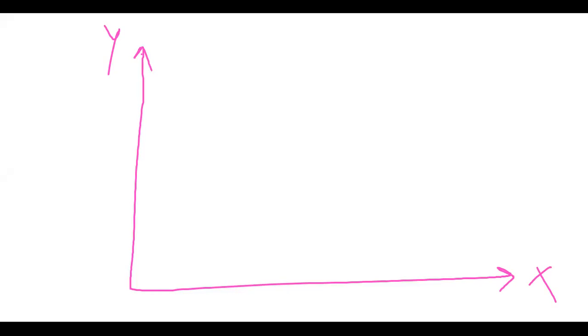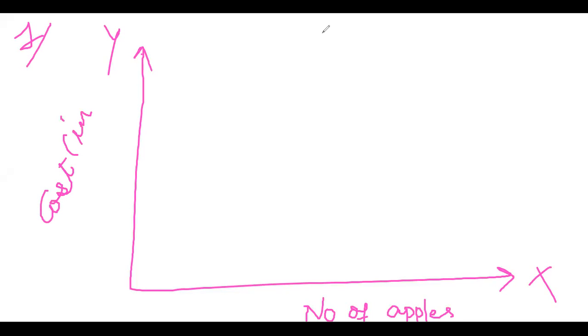On x axis we have to take cost of apples. Sorry, first we have given here number of apples and don't forget to mention it. I'm telling here first question, number of apples, and on y axis you will take cost in rupees. Now you will take the scale accordingly, like number of apples are given 1 to 5, so you will take here origin O, 1 2 3 4 5, and on y axis it's given the